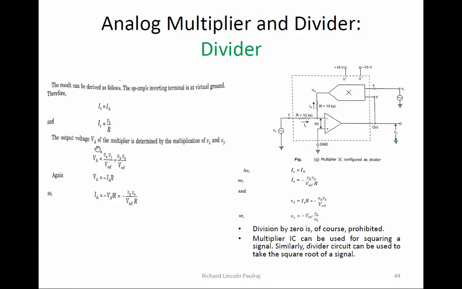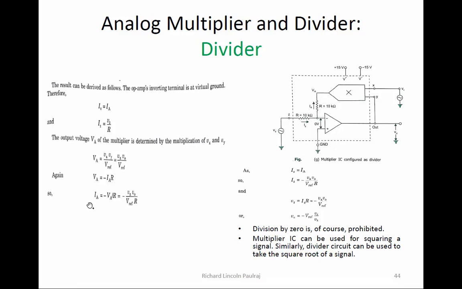Okay. So the output voltage Va of the multiplier is determined by the multiplication of Vx and Vy. Now, Vx, of course, I'm giving here, and Vy is actually my V0, right? So Vx I retain as it is, and Vy I replace with V0, and V reference comes as usual. Va is equal to minus Ia into R. So V is equal to IR. So what I is going to be the Ia, right? And my R is going to be this. Okay, so this Ia is nothing but Iz.